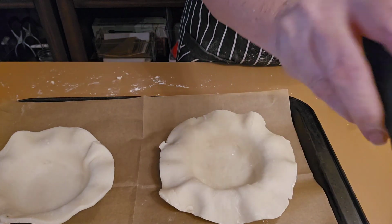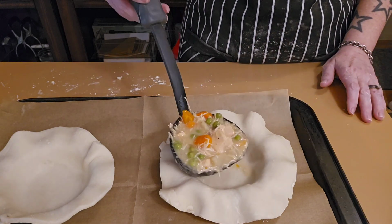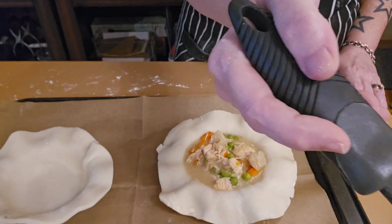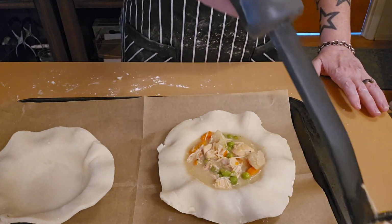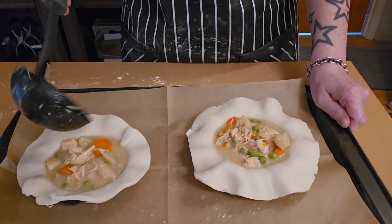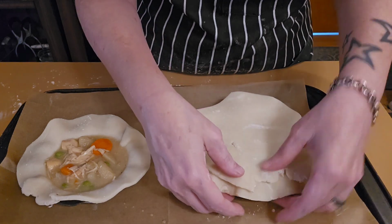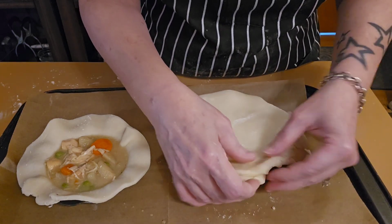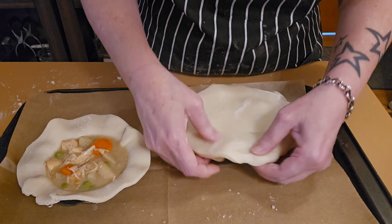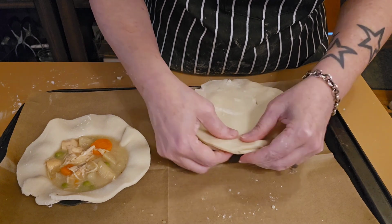Okay, so I have my pot pie filling. This is like the moment of truth, right? This is truly a personal size pot pie. Okay, so I've got my top piece that I'm going to put on there, and I'm going to fold that over, or under, I should say. There's a little crack right there, but that's okay because I was going to put slits in it anyway. This is pretty thick with both of these, but I will...